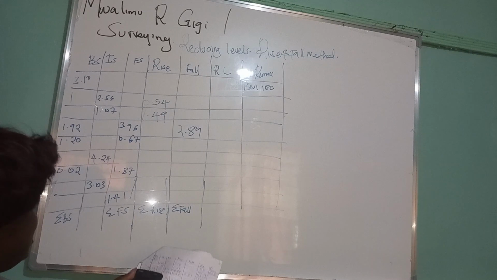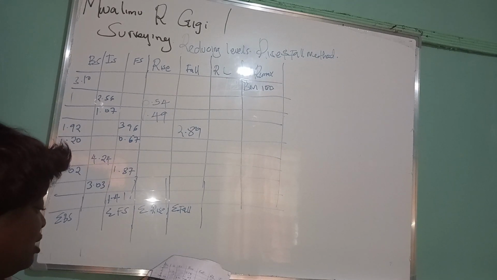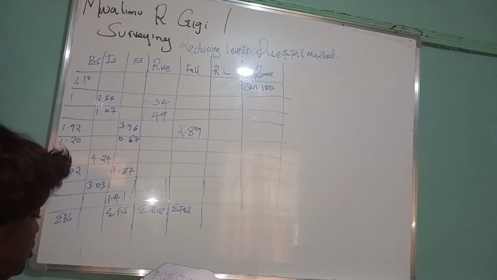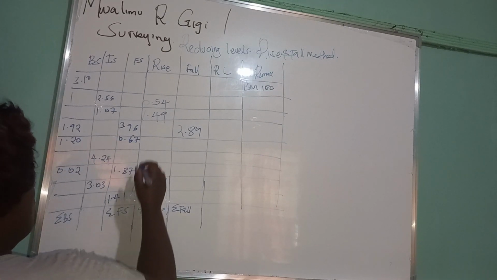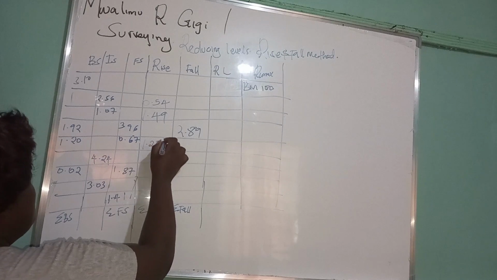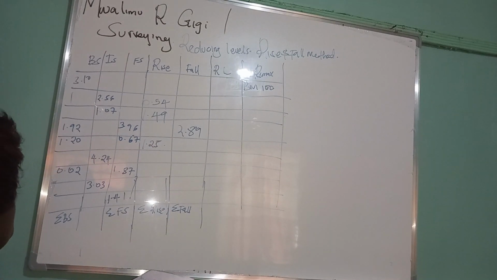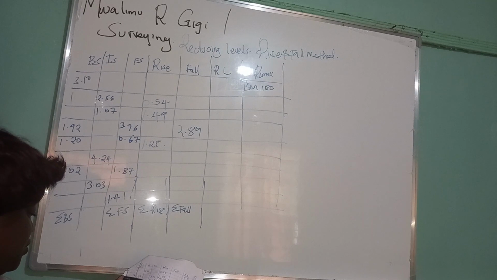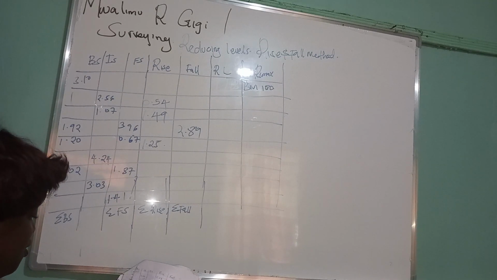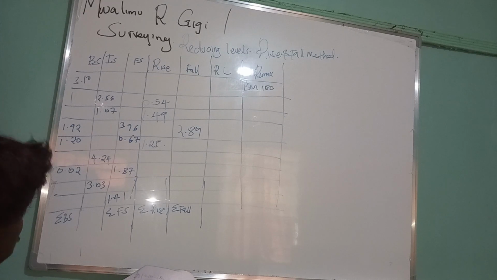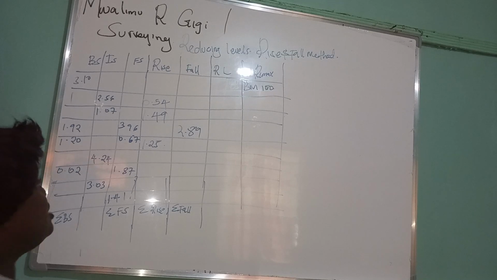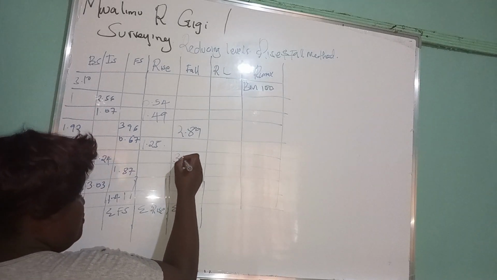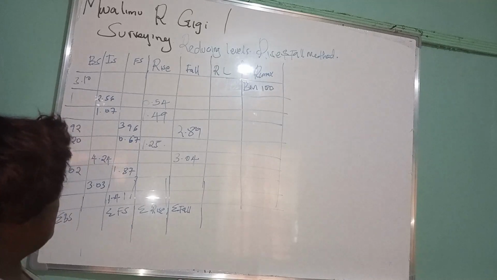The next point is 1.92 minus 0.67. It is 1.25, which is a rise of 1.25. So we go to next, 1.20 minus 4.24. Negative 3.04, which is a fall of 3.04. Then we go to